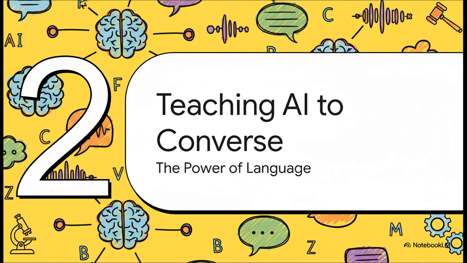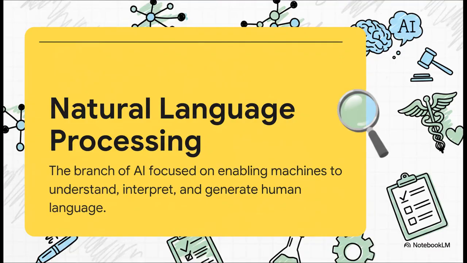All right, so now let's talk about the next piece of this incredible puzzle. How do we teach these intelligent machines to understand something that's so uniquely human, our language? Well, that's where the field of natural language processing, or NLP, comes in. This is the magic behind the curtain that lets you talk to your phone's assistant, instantly translate a website, or get a surprisingly coherent answer from a chatbot.